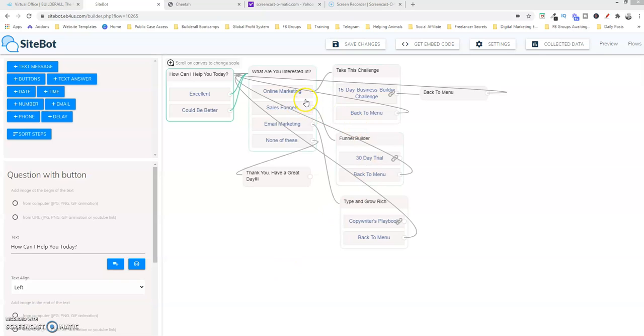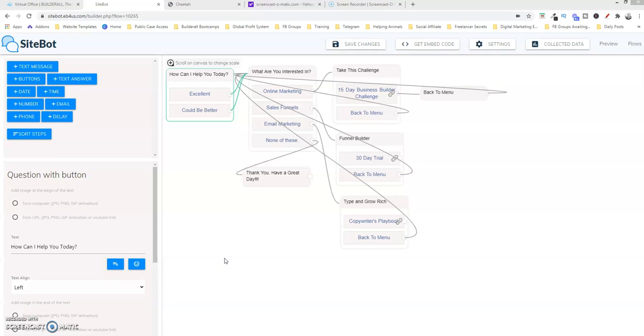And I know it looks confusing. You have a lot of these squiggly lines connected everywhere, but as we go through this, you'll begin to understand how it all works and what the flow is. But this is an actual flow that I put together. During this tutorial, it's going to be a much smaller flow. We won't go through all the settings that are up here, but I just wanted to give you an idea